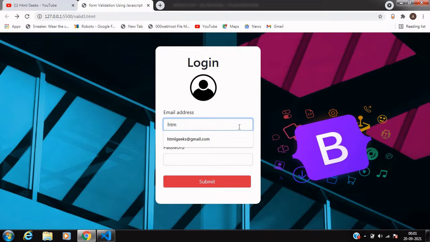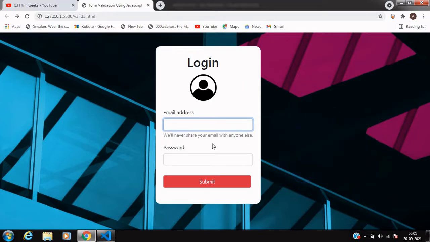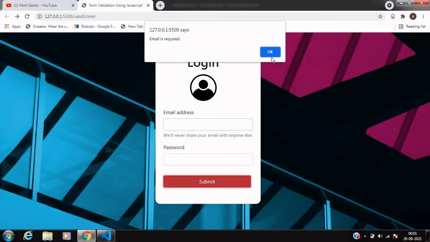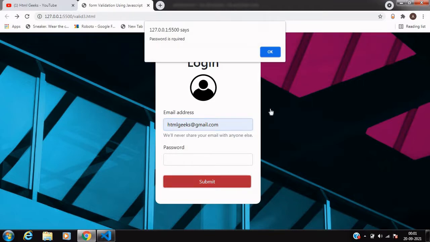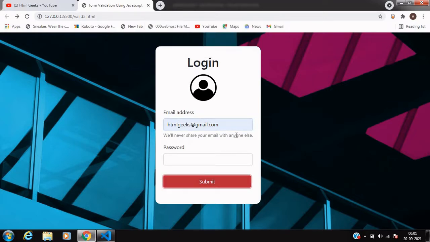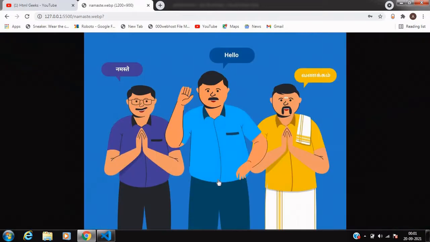Now here I will show you how the login page works. When I press the submit button, it shows that email is required. Then I click OK. Validation like HTML Geeks. When I enter the email address and click submit, it does not sign me in. Then it says password is required. Then I click OK. When I enter the password and submit, it redirects me to